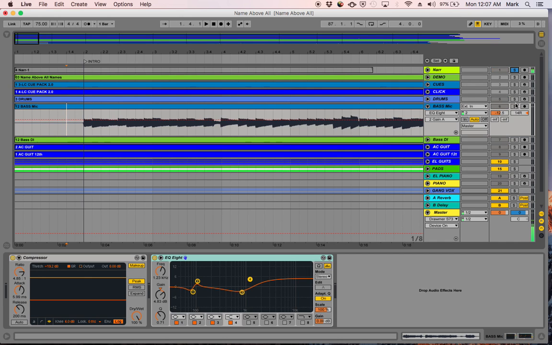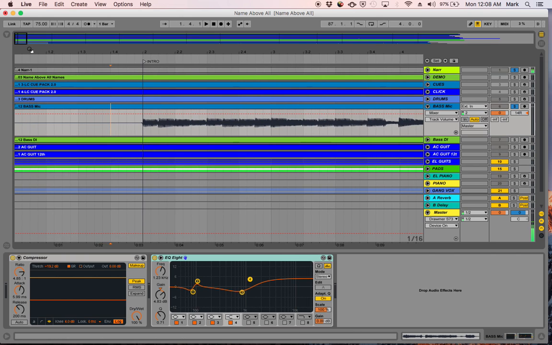I'm going to solo my narrator track, and I'm going to hit Command Solo to solo the bass track. I'm going to start by turning it up to 0, and what we're going to do is listen closely to the entire bass track, and we're going to cut out anything that we don't need or want. So back here at the beginning,